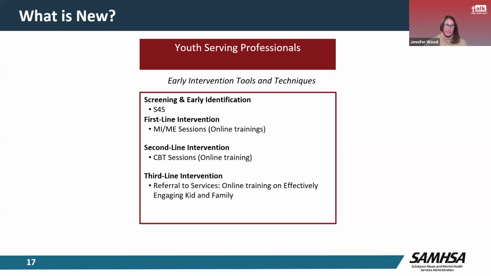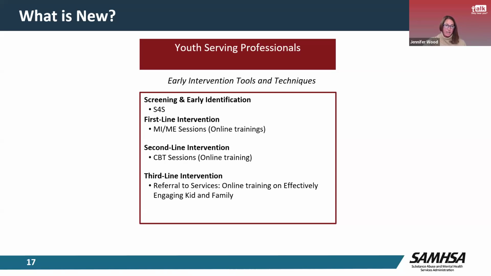And the other neat piece, when you're working with parents: if they are concerned about their child that you might be seeing in the schools, or another child in their home, they too can sign up and have access to the screening tool. And it's anonymous. You do need an email and all of that to sign up, but all of the data is anonymous.